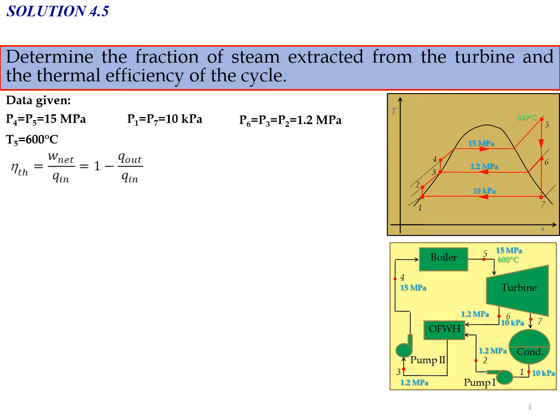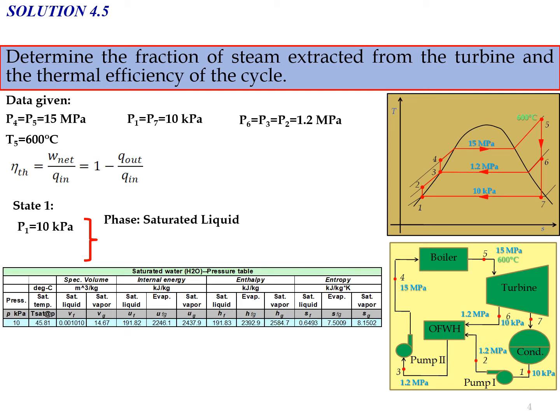For the thermal efficiency, we know that net work divided by Q in is equal to 1 minus Q out divided by Q in. So first we look into state 1, which is at P equal to 10 kPa, and we know that it is exactly at the saturated liquid line. At 10 kPa, we look into the saturated water pressure table. The value of the enthalpy is hf, the saturated liquid, equal to 191.83, and the specific volume, which is vf,